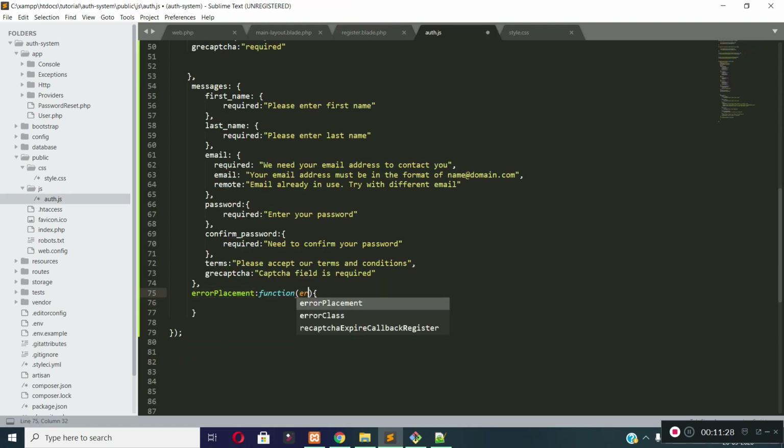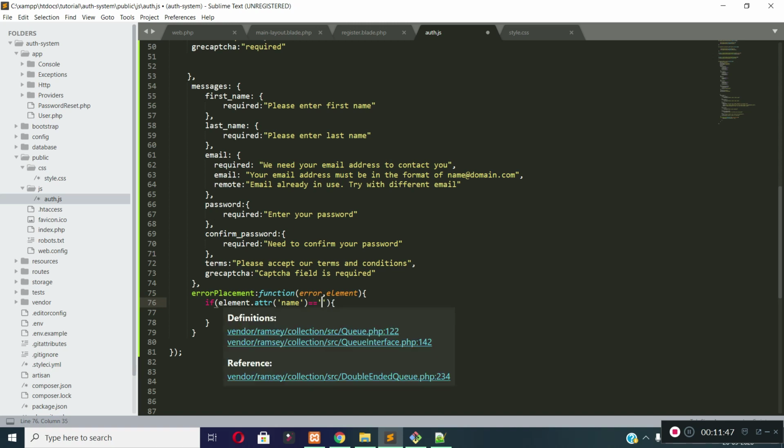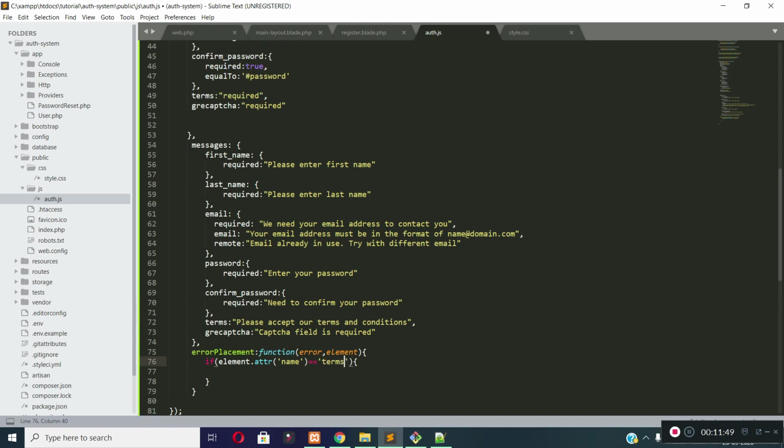So we can get error and element as parameters here. So I'll check if the name attribute of this element is terms, which is this terms.